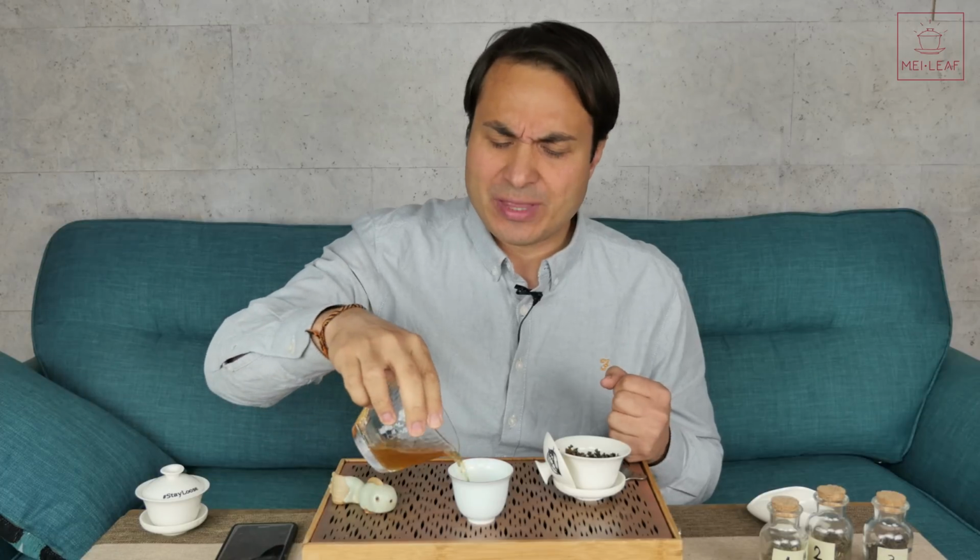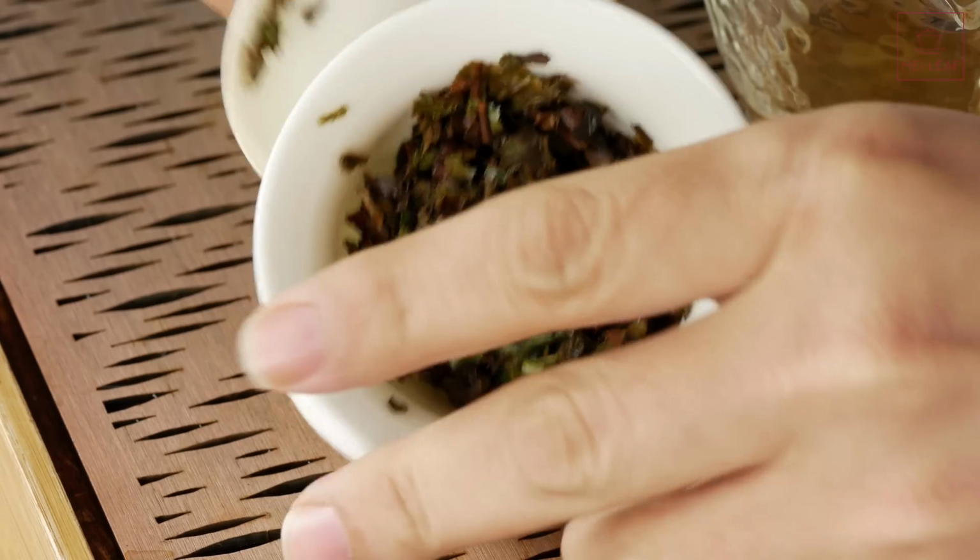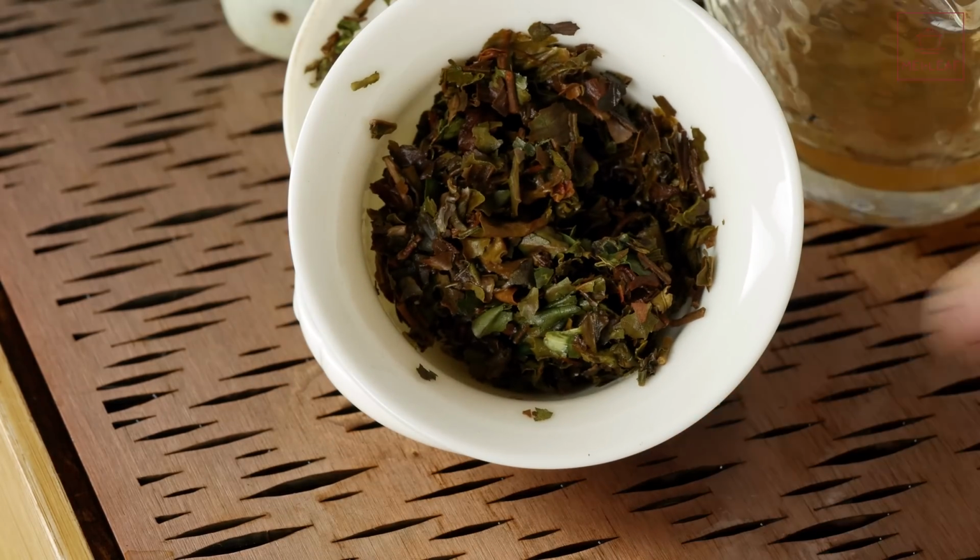So I'm getting woody notes. The woody notes are more pencil shavings, you know, that sort of woodiness. Very, very nice, light woodiness. But I'm also getting some more floral notes and a little bit more citrus notes. And the flavor profile is starting to head into the spectrum of Oriental Beauty Taiwanese oolong. Now, it's not as strong in terms of those linalool and citrus notes as Oriental Beauty,